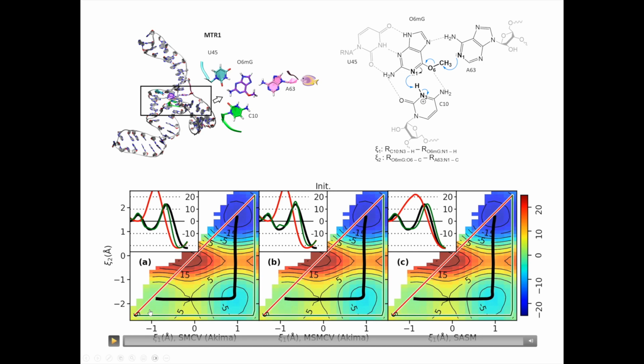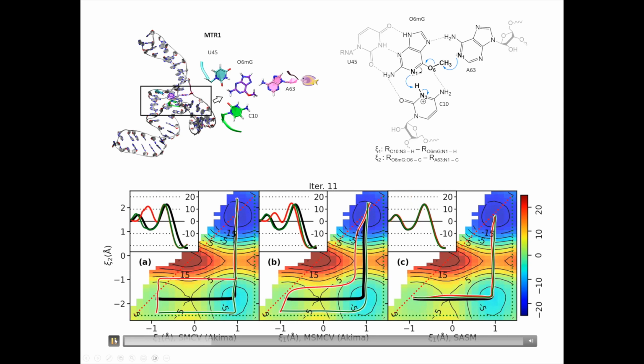So we're going to find a path, and we're going to start with two different guesses. One guess is a straight line. That would be a concerted mechanism. And another path would be a completely stepwise mechanism. That would be this bottom triangle, if you can see my cursor. So we're going to start with both of those initial guesses and monitor the convergence of the strings to the final path as a function of iteration, just to show how these different things perform. So this is how we evolve.